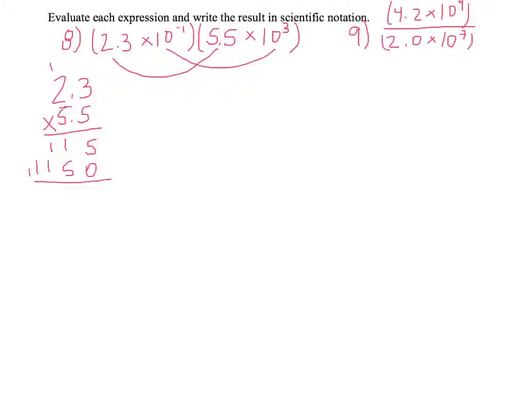So when I add this up, I get 1, 2, 6, 5. I need 2 decimal places, so I put my decimal here. And so I have 12.65